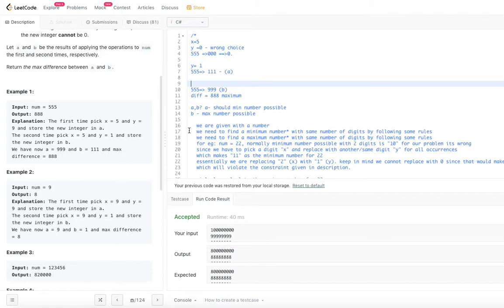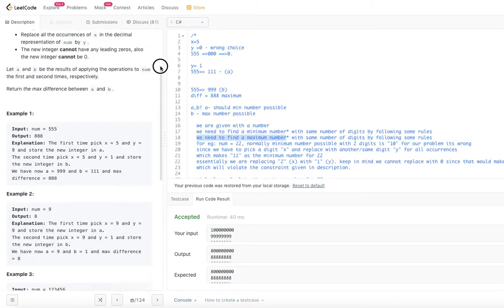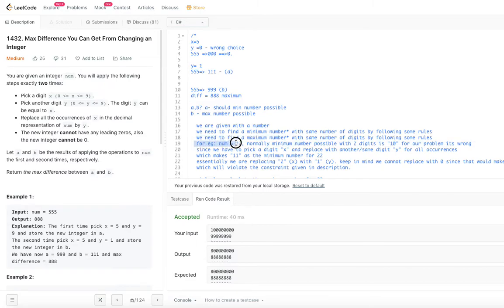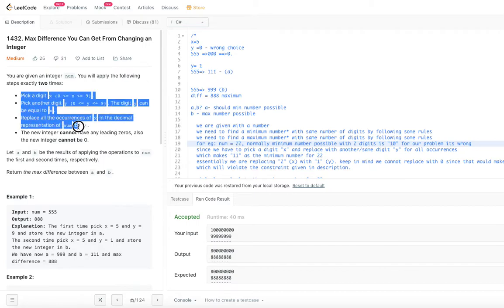So we are given a number, we need to find a minimum number, and we need to find a maximum number with all the constraints, right? For example, number is 22. Normally, if you take 2 digits, the minimum possible number is 10. But for our problem, it is wrong, because if the number of digits is 2, 10 is not the minimum possible number, because let's try to apply the same steps again, right?